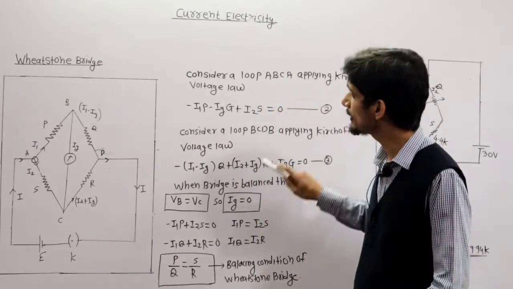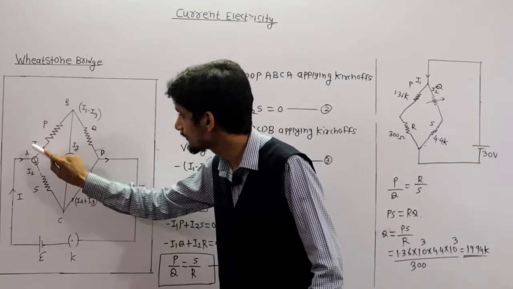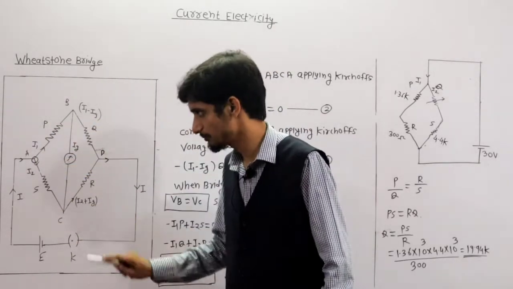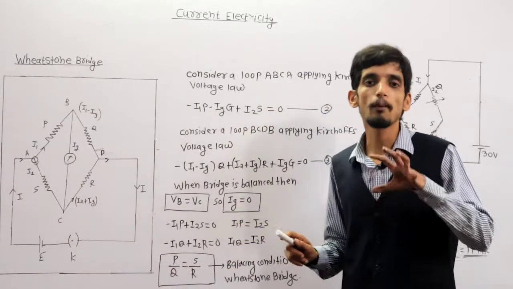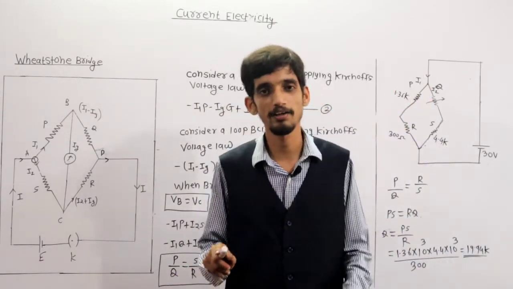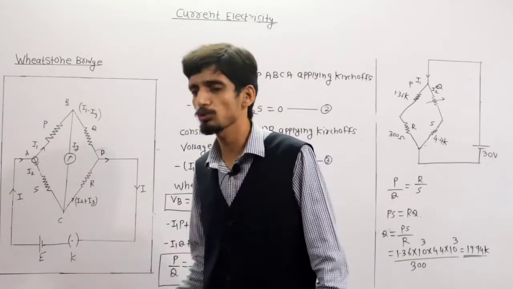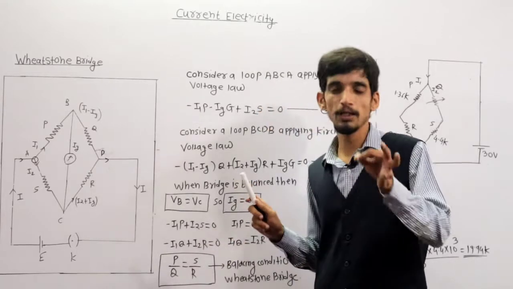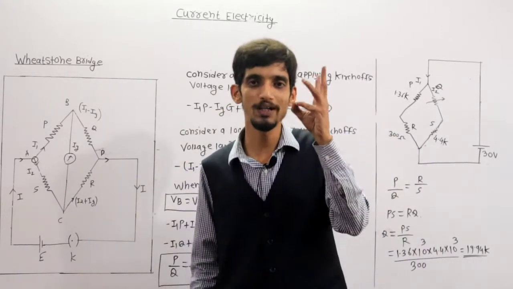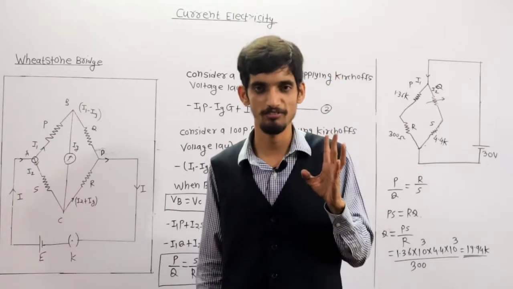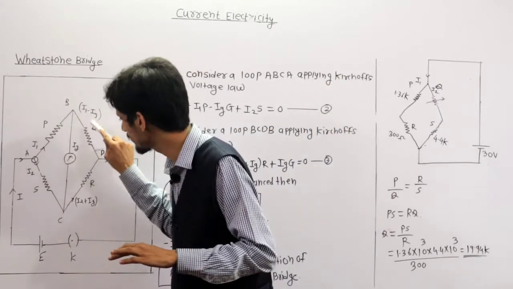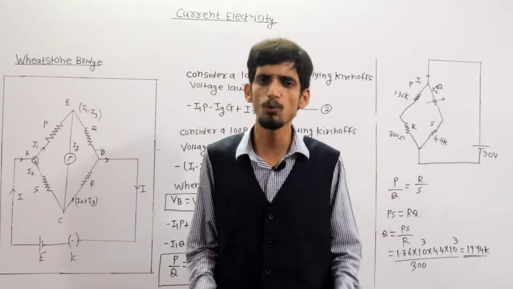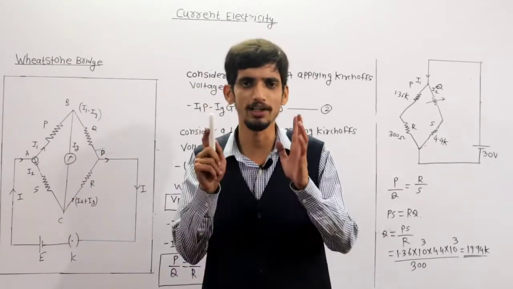Now listen here, consider a loop ABCA. This is a closed loop ABCA. Okay, it is a closed path. In this loop, I am going to apply Kirchhoff's voltage law that I already discussed with you, because it is a closed loop. So I can apply Kirchhoff's voltage law. To apply it, we should know the potential differences as well as the EMF. Now in this case, we don't want to consider the EMF because there are no sources present in this closed loop. So only the sum of potential differences we have to take.